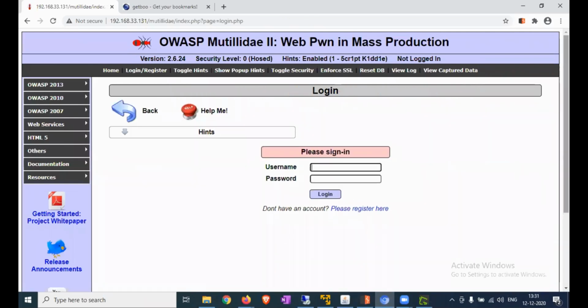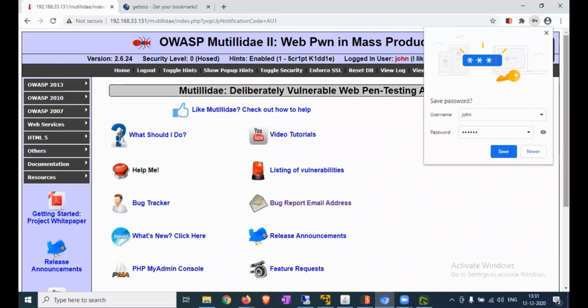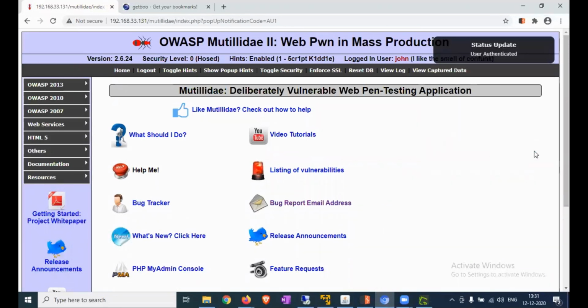One user is already created, John, and his password is monkey. Login. Now you can see that the user John is logged in.